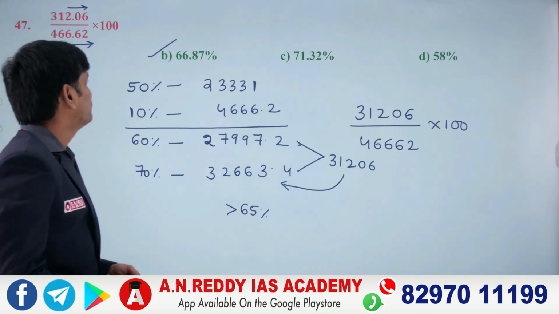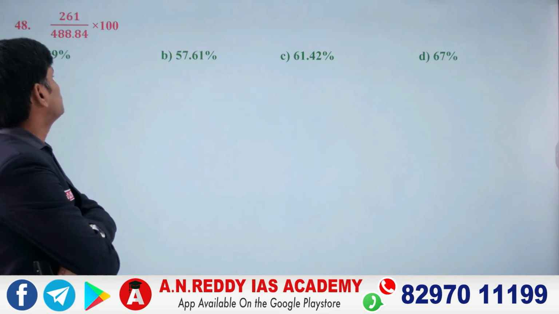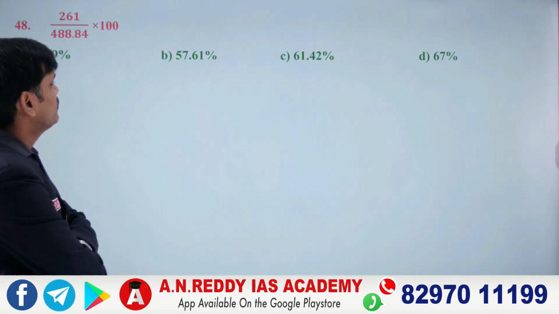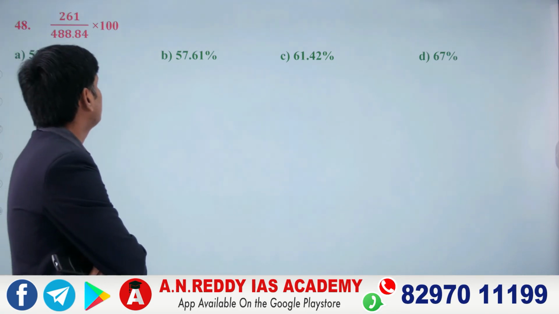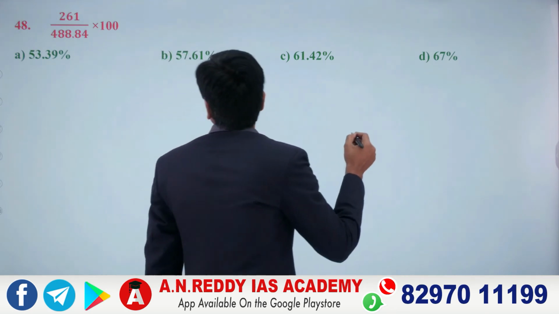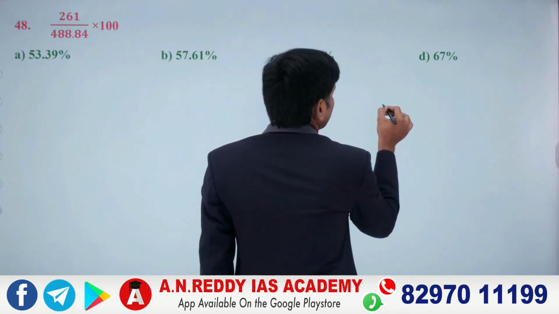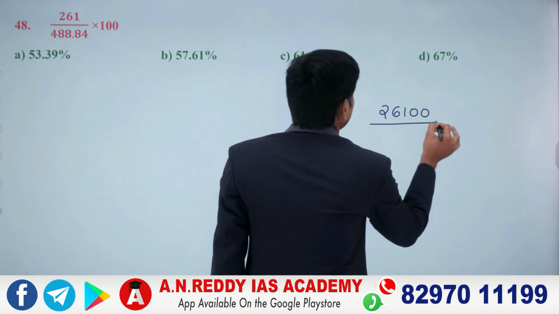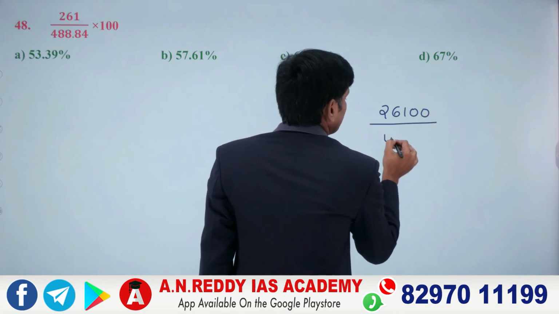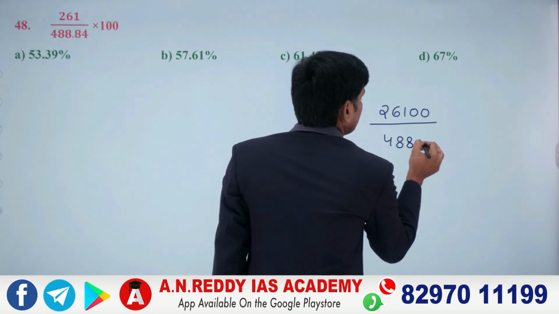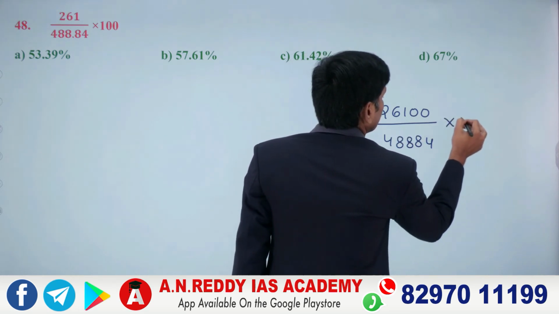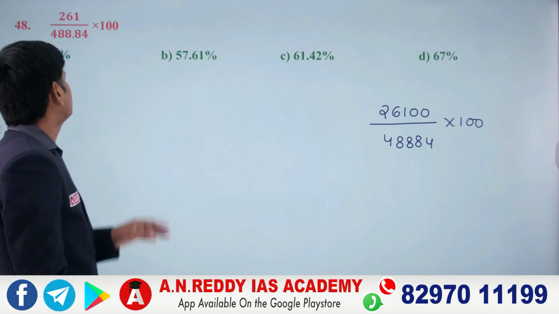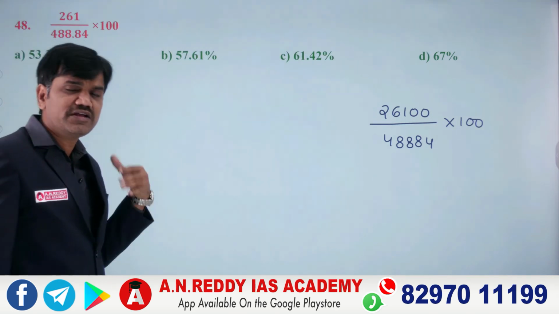Next, go to problem number 48. 261 by 488.84 into 100. 488.84 into 100. Okay. So you multiply both the numerator and denominator by 100. That will give you 26,100 by 48884 into 100. Now going ahead with, as all the options are around 50%, I will directly go to 50%